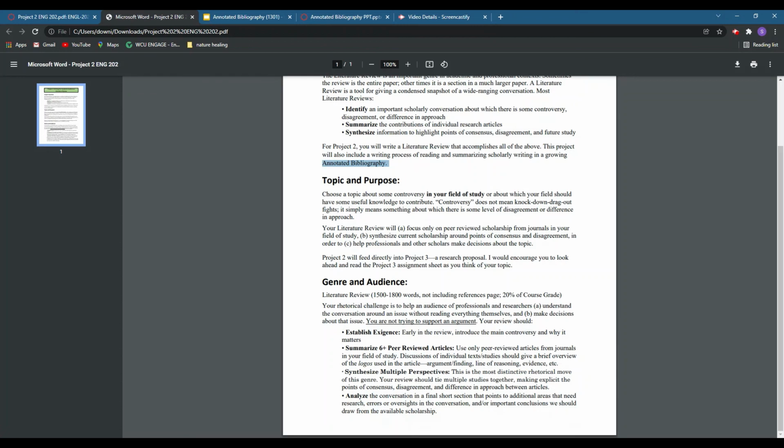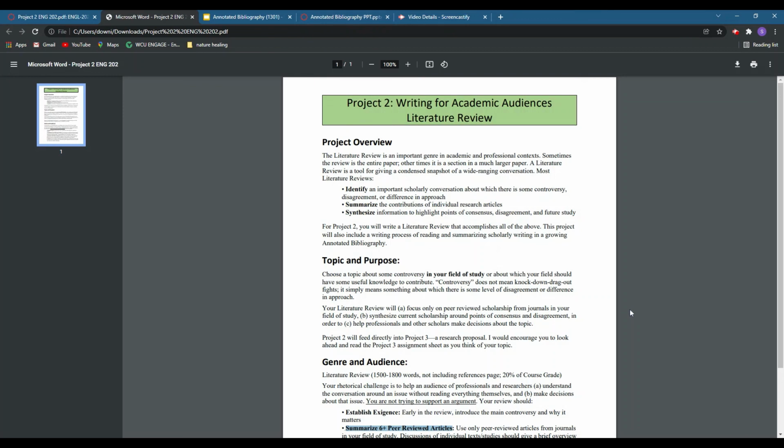Reading 6 peer-reviewed articles is a lot. They're very dense, as you might have realized from your first project. So I'm breaking that down into 2 weeks where you have a lot of time that you can dedicate to reading through these articles. As always, if you have questions, comments, concerns, you don't understand anything from this assignment,